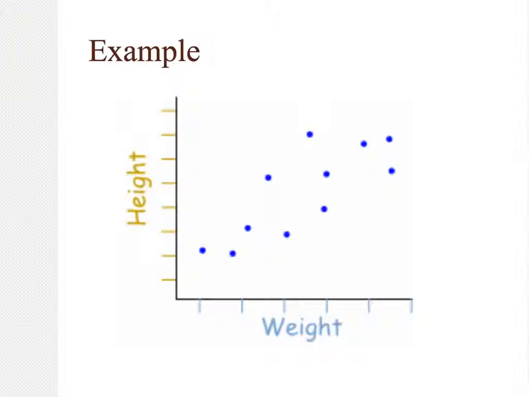So for this example, we have a scatter plot that's comparing height to weight. If we wanted to draw a trend line for this, we'd want to draw the line that goes as close to as many points as possible. So drawing this trend line,